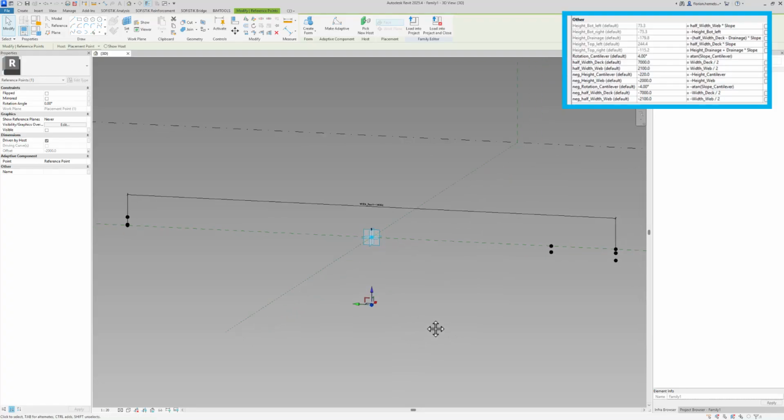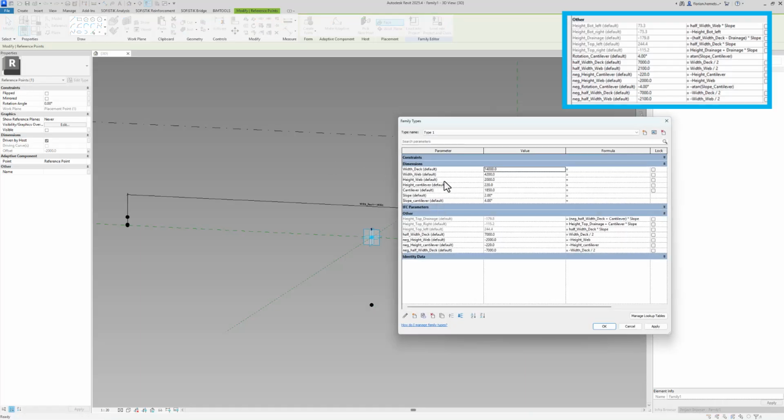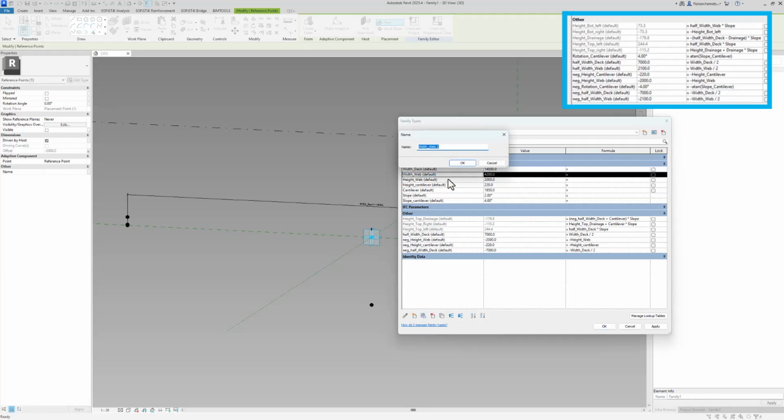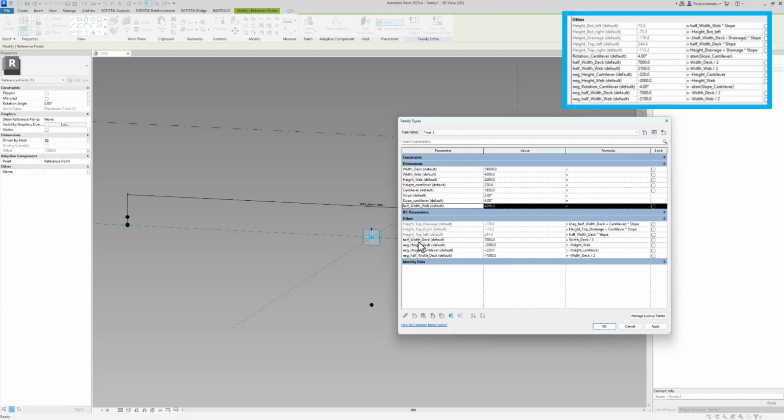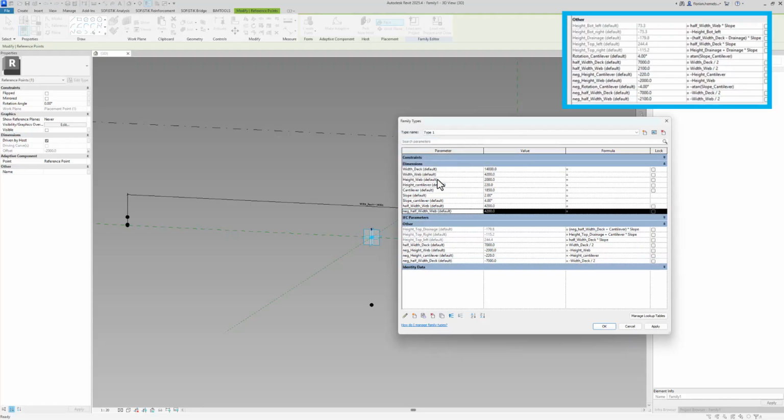All we need to do is now to assign the half width of the web as well as the negative width of the web. So once more, we need two more parameters to parameterize it via reference points. I will start with the half width web and copy this one for the negative half width web. I want this parameter to be divided by 2 for this one. And I can also select the half width web parameter, set a minus in front of it for it to be parameterized perfectly.